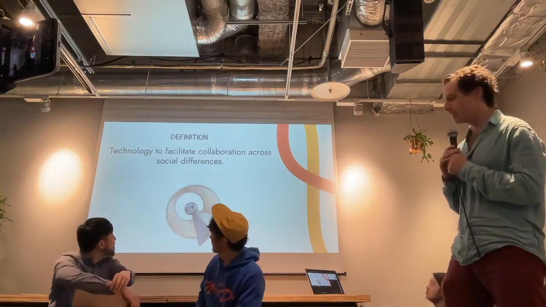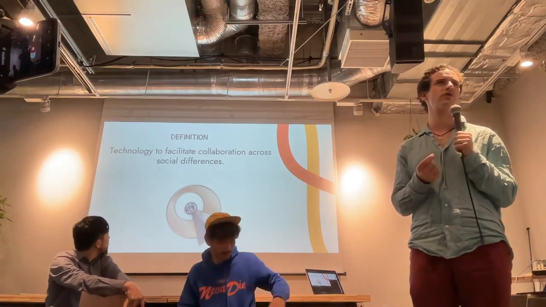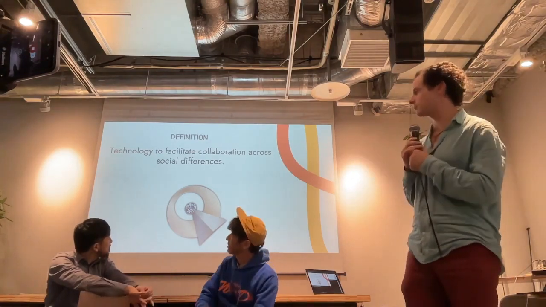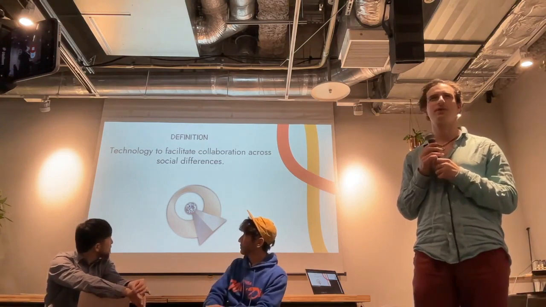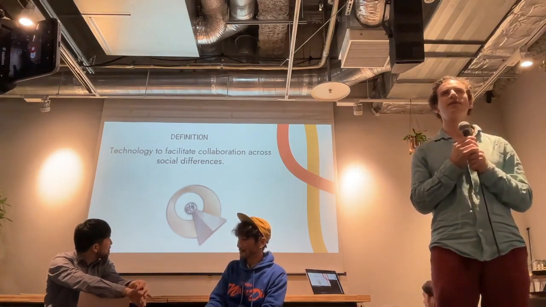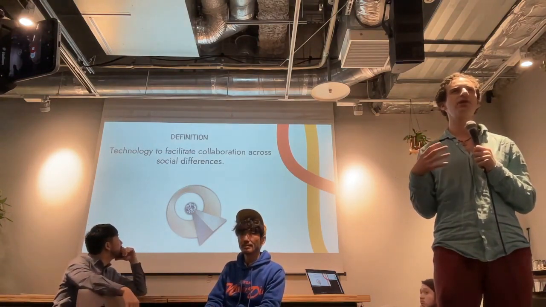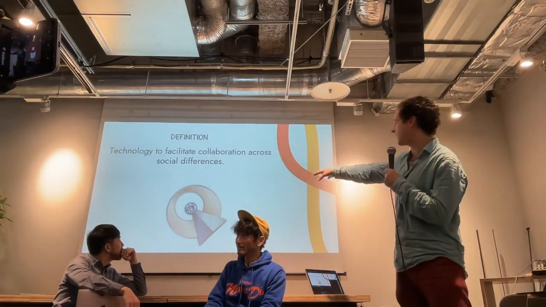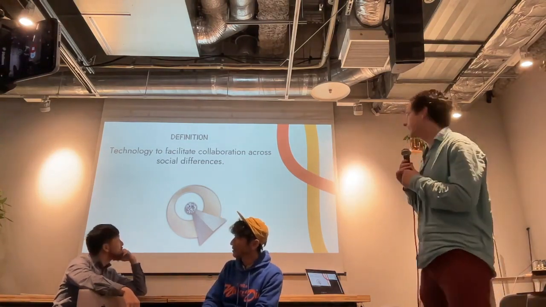So what is plurality? The definition is technology to facilitate collaboration across social difference. So this is very much inspired by this idea from Star Trek. In Star Trek, the Vulcans, who Audrey very much identifies with, have a philosophy that they call infinite diversity and infinite combination. This is the idea that all truth, beauty, and progress come from the union of things that are different. So this is symbolized here by a triangle uniting with a circle and giving birth to a diamond of light.